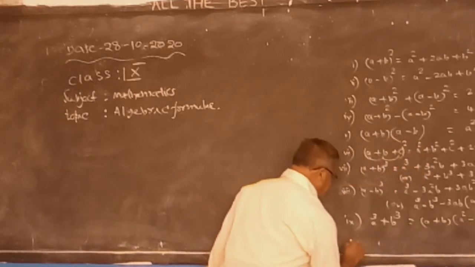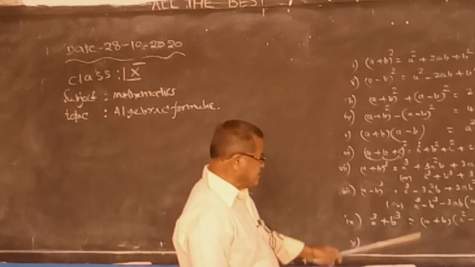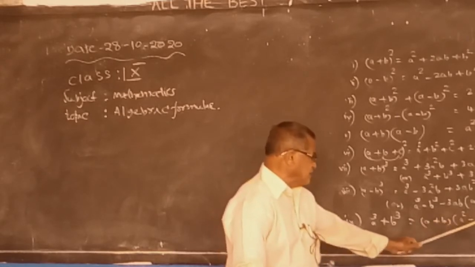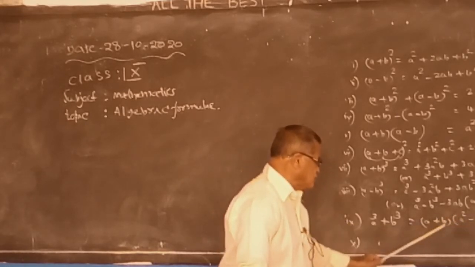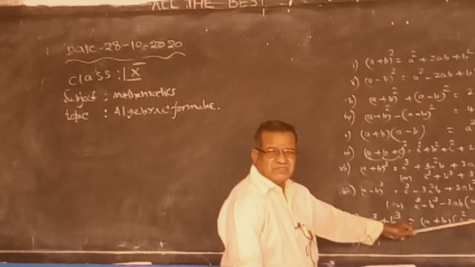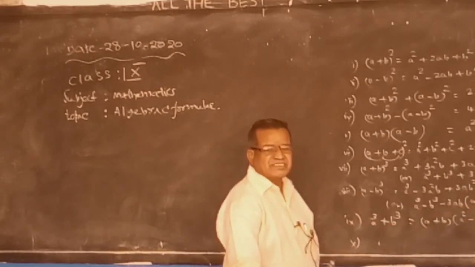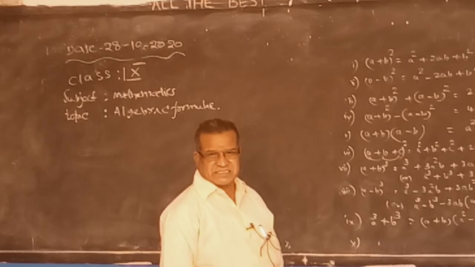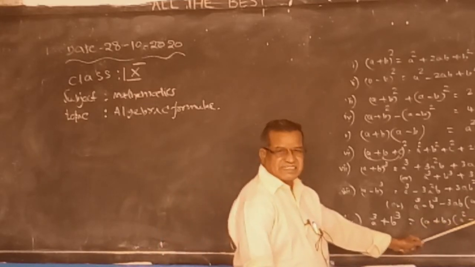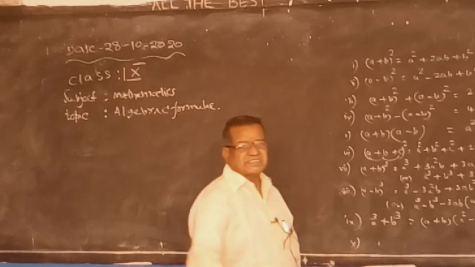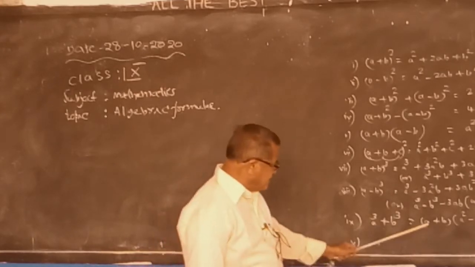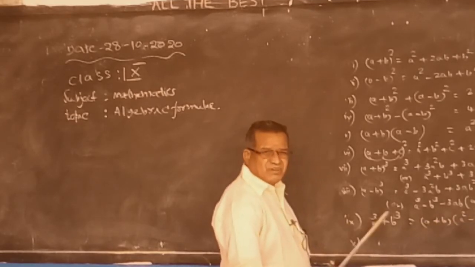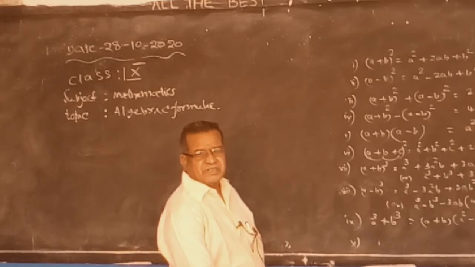And the 10th. Why we are saying this formula: if we multiply (a plus b) into (a square minus ab plus b square), if we multiply these two, we get 6 terms. Among the 6 terms, 4 terms are cancelled. One term is plus, other term is minus. So 4 terms are removed, cancelled, and only these two are left. We say that is the formula. Actually, the product of these two terms is this. We say this is a formula. It is true.